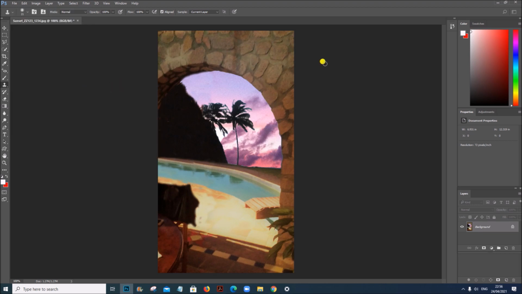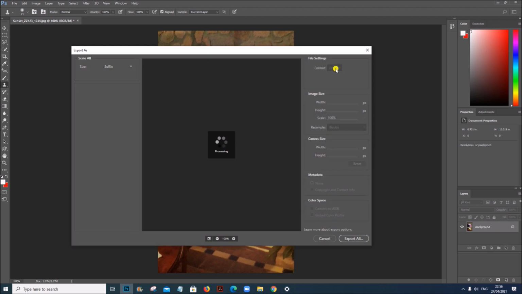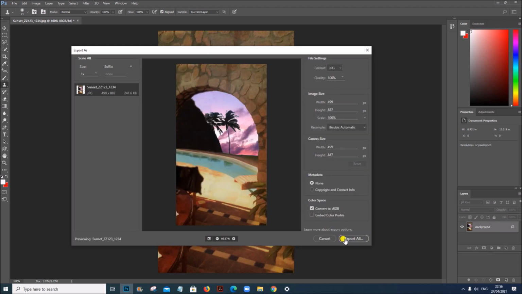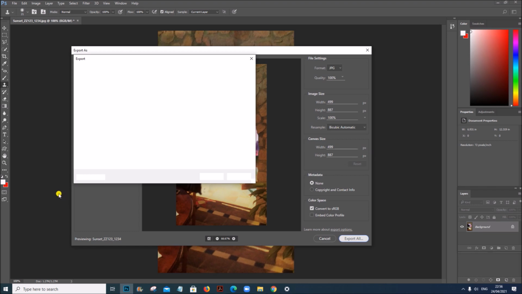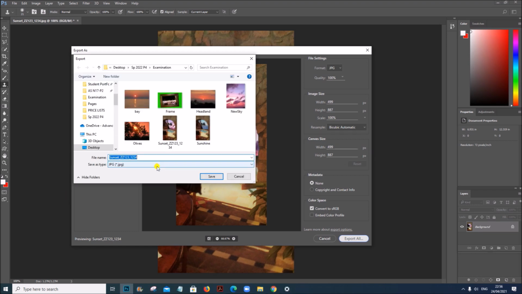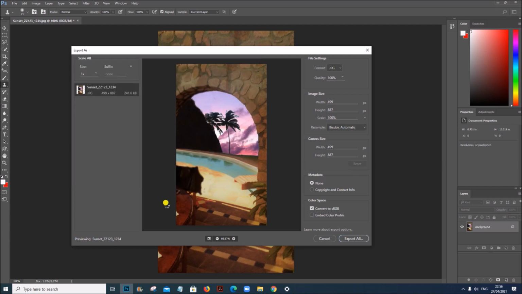You can export this as sunset edited. The file name is sunset edited, followed by your center number and candidate number. Save this image.